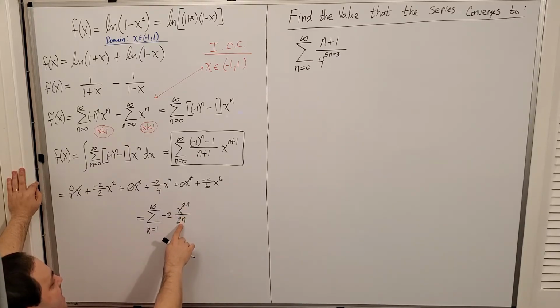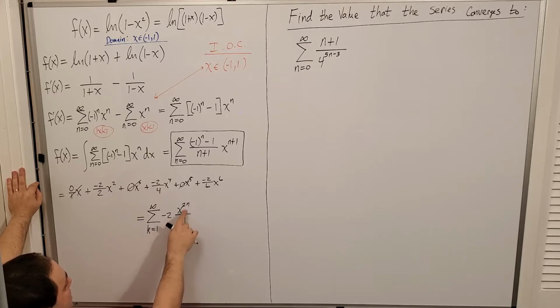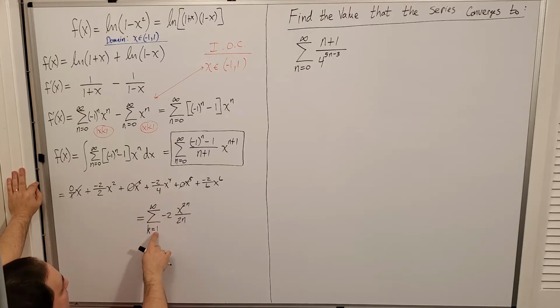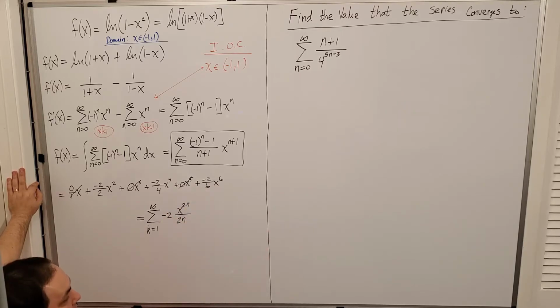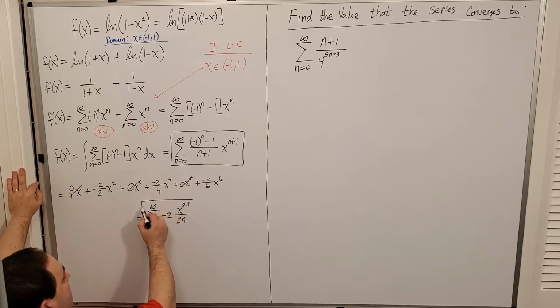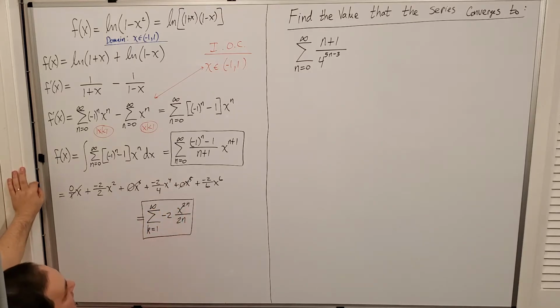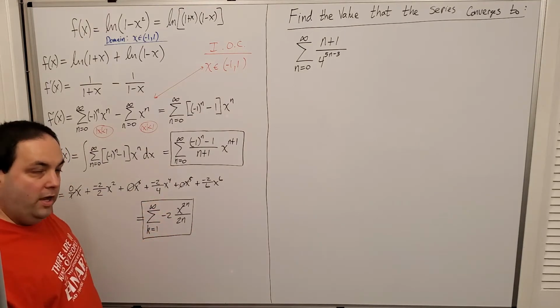2n is always an even number. That's why I picked it. So 1 times 2 gives me 2, right? When k is 2, 2 times 2 is going to give me 4. When k is 3, 2 times 3 is going to give me 6. So it's going to count all of the even powers. Okay? So this is actually another way of representing that exact same power series, just in a more concise way,